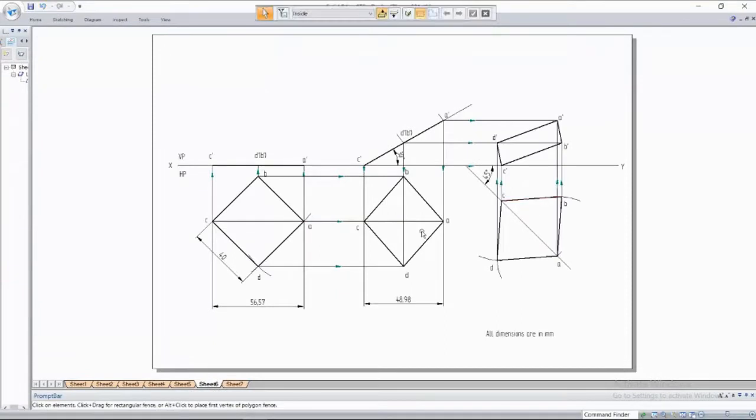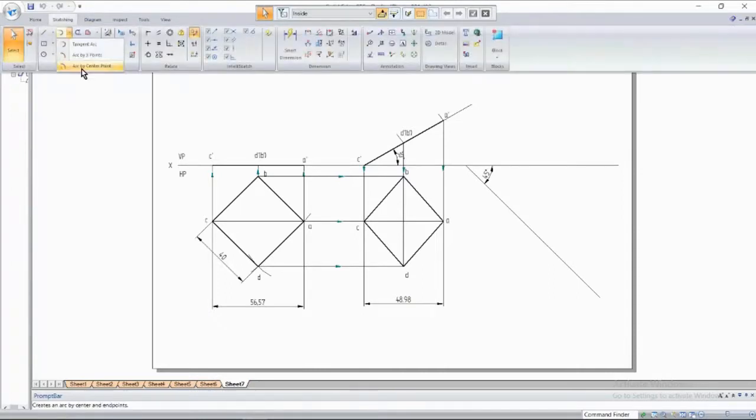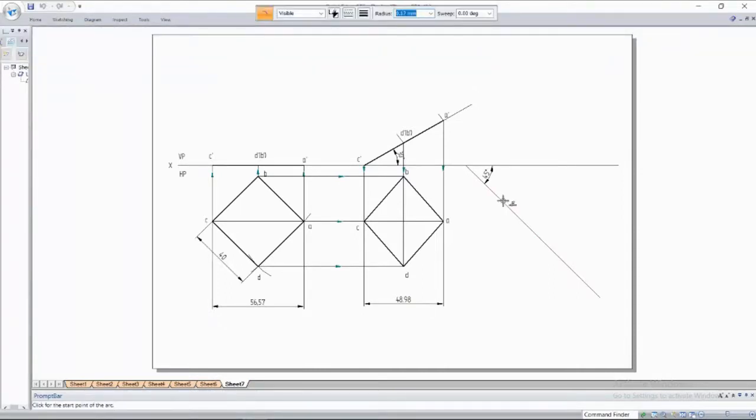What I'll do is the same as I did in the previous case, and instead of taking this apparent length, I'm taking this now. From this point here, this is your point C, and I'll just cut an arc of 56.57. That is your true length of a diagonal.